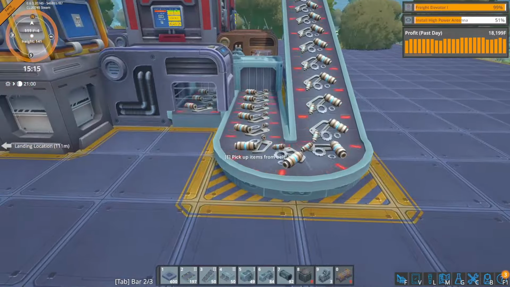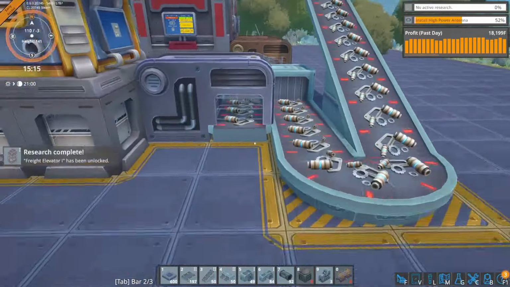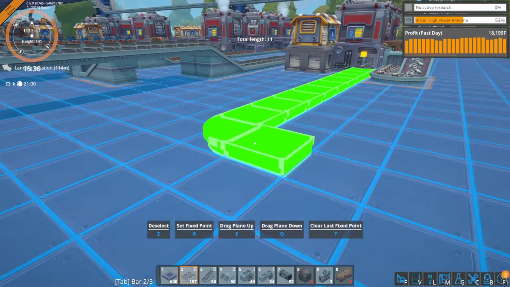these machine parts. And what I think I'm going to do is, because this belt's already going up, I'm just going to continue this one out. And freight elevator 1's been unlocked. That's interesting. So I will bring this belt...